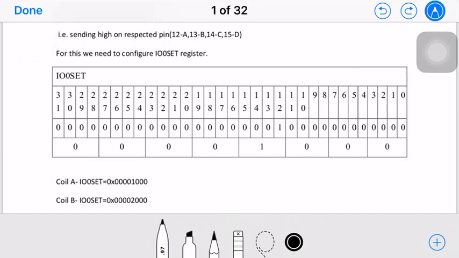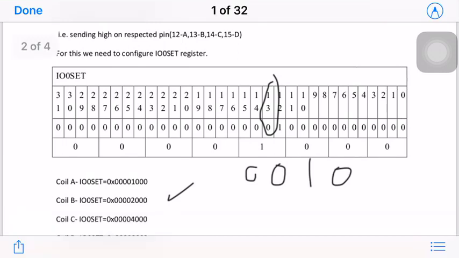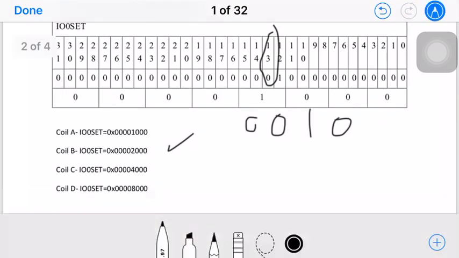Now if I want to energize only coil B, what I will do is send 1 on the 13th pin. So what is the value I will be getting here? It is nothing but 0 0 1 0, which is nothing but 2, right?